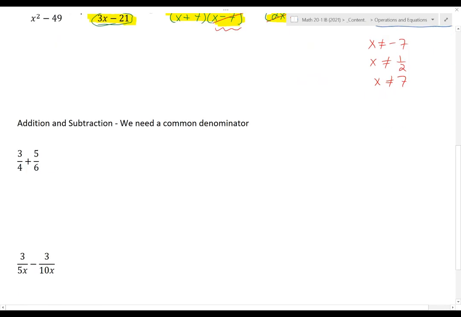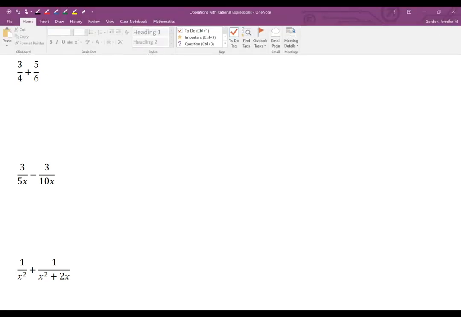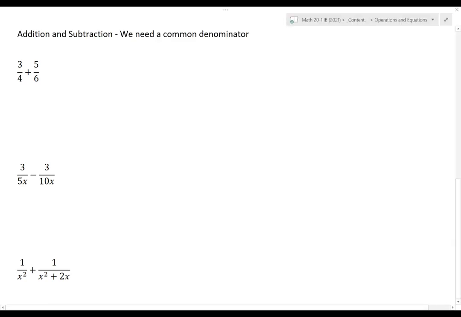The more complicated operations for fractions are addition and subtraction, and that's because we need a common denominator. So to recall from numbers, I can find a common denominator just by multiplying the two denominators together, 4 and 6. We don't want to do that with polynomials because it makes for a higher degree than we need and makes simplifying harder. So what we actually want to look for always is the lowest common denominator, and for that we look to